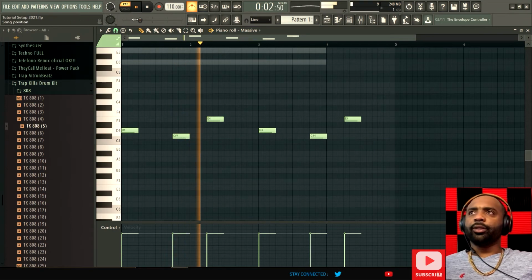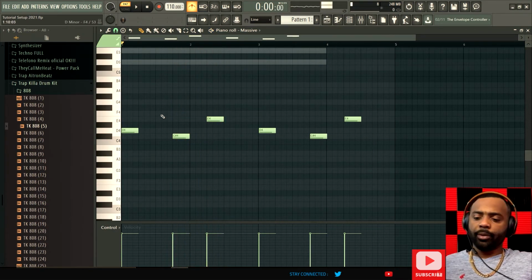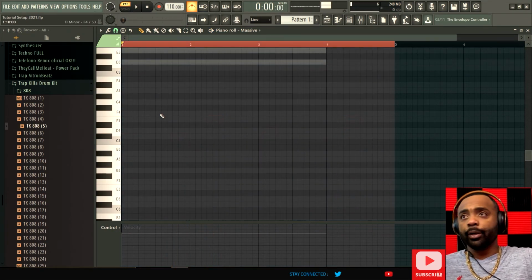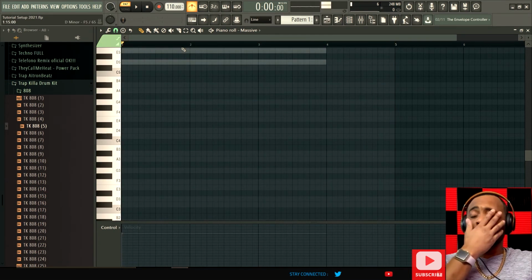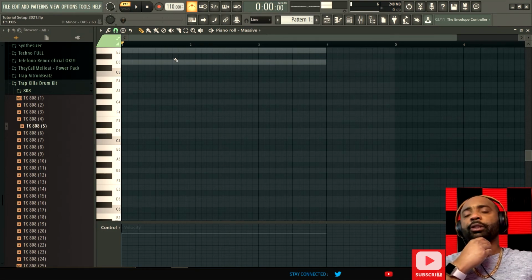So you know what I'm saying? Just a simple example. Obviously that's not nothing right there, but you can kind of extrapolate how easy it would be. So for instance, you start off